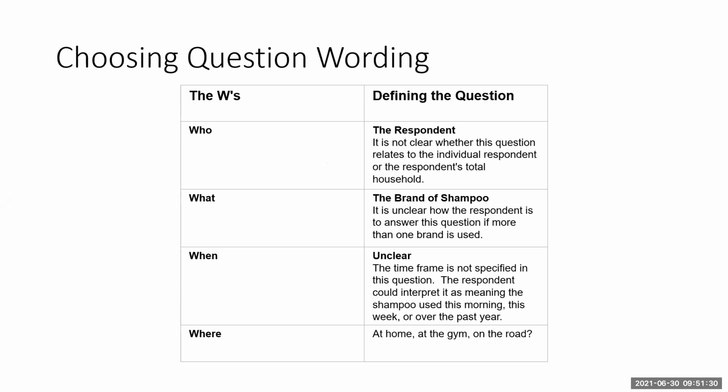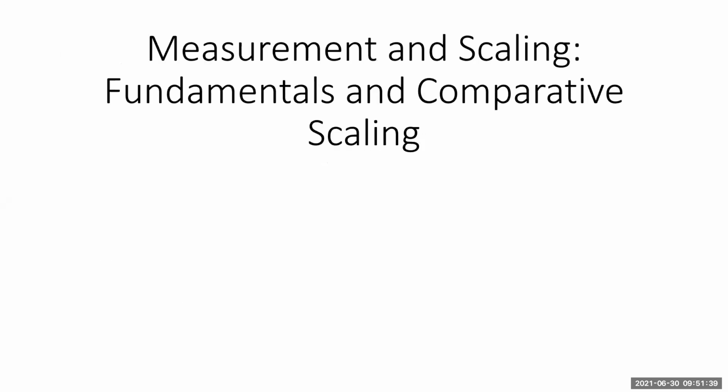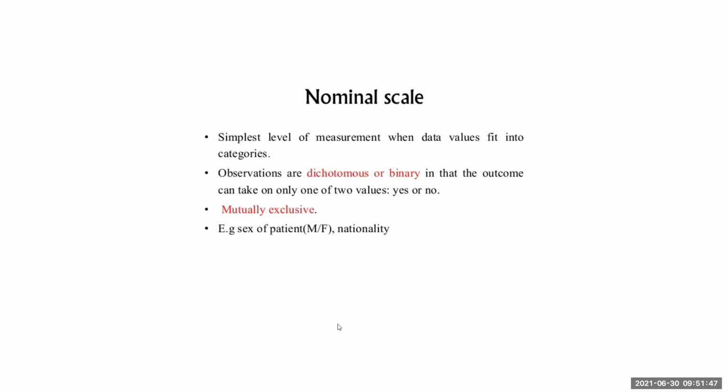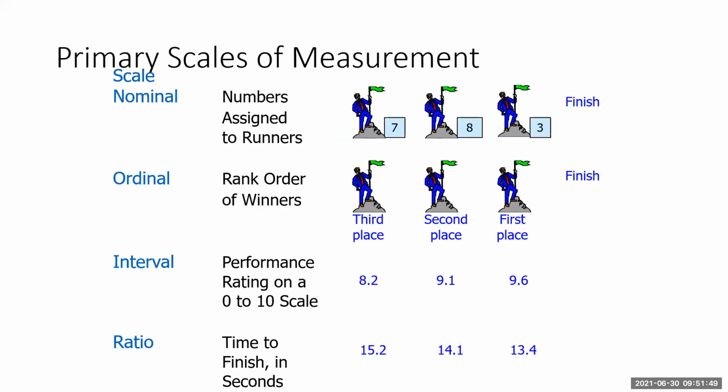So what should you keep in mind? Who is it that you are going to ask? What is it that you're going to ask? When are you going to administer it, and where? So that you understand how people can generally use the questionnaire in a manner in which you don't get any erroneous answers. Now, having understood that, remember that there are nominal, ordinal, interval, and ratio scales that you can use.